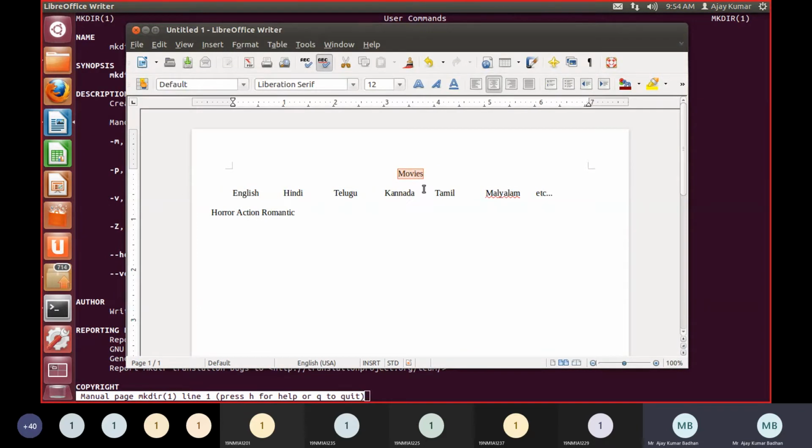So automatically it will make this movies as a parent directory. Obviously, if you look at here, this is a parent directory. Within this, these are the subdirectories. Indirectly, we can say these are the child directories. And within this child directory, you are having again now for this particular occasion.